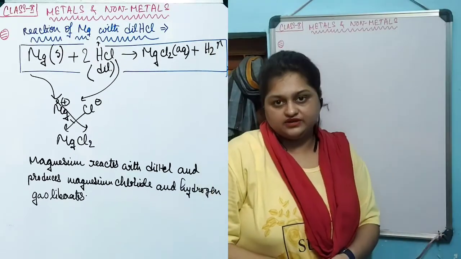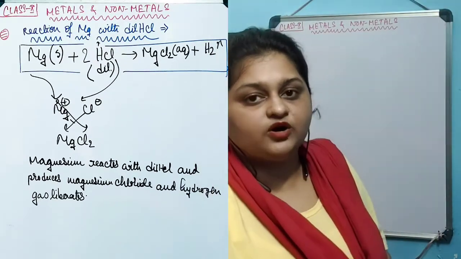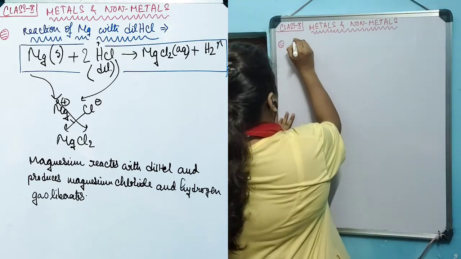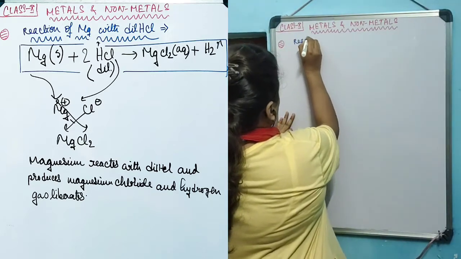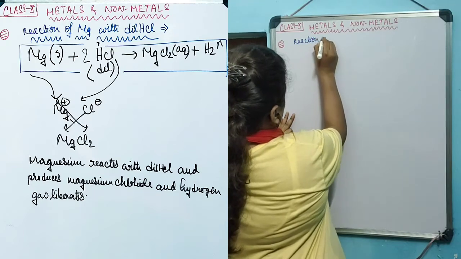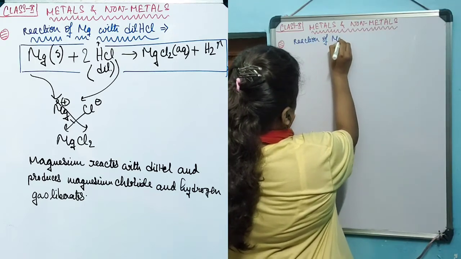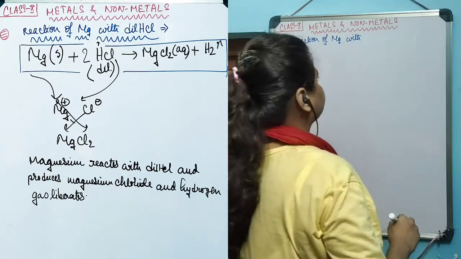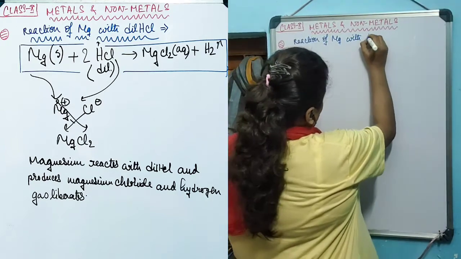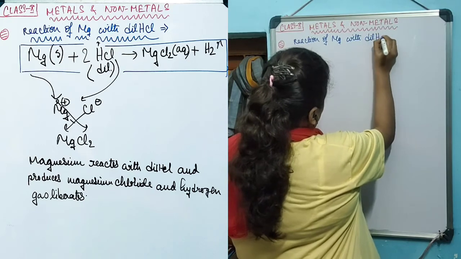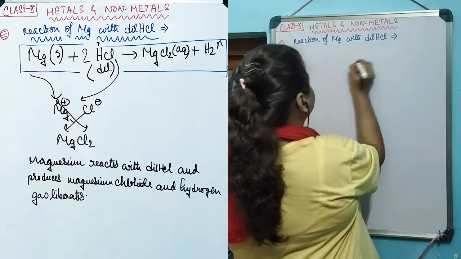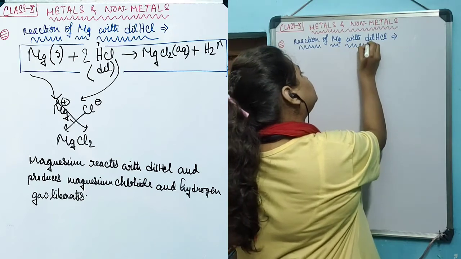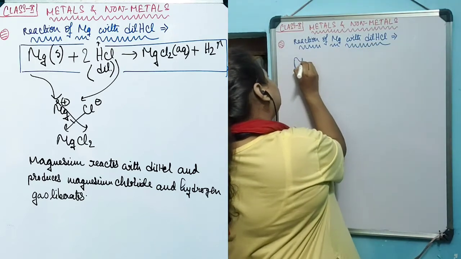In the next chemical reaction, we are going to discuss the reaction of magnesium. At first we are going to discuss the reaction of magnesium with dilute HCl and see how the reaction happens. When magnesium